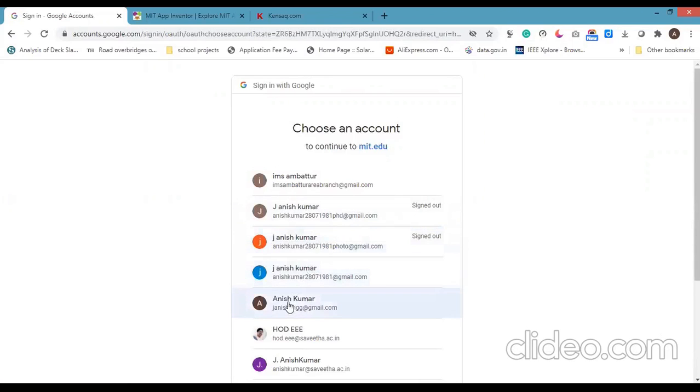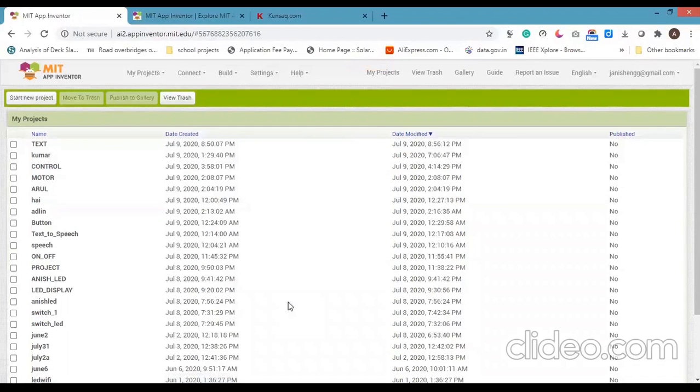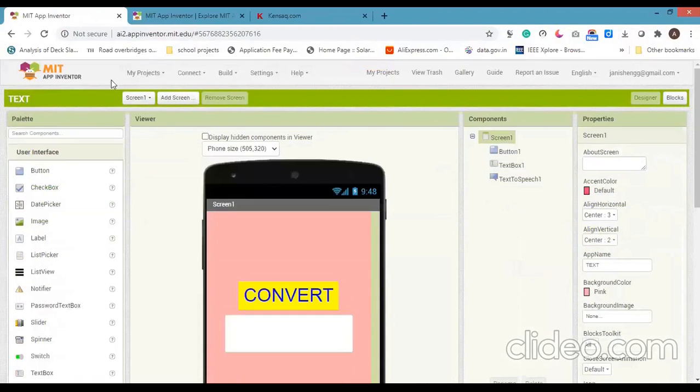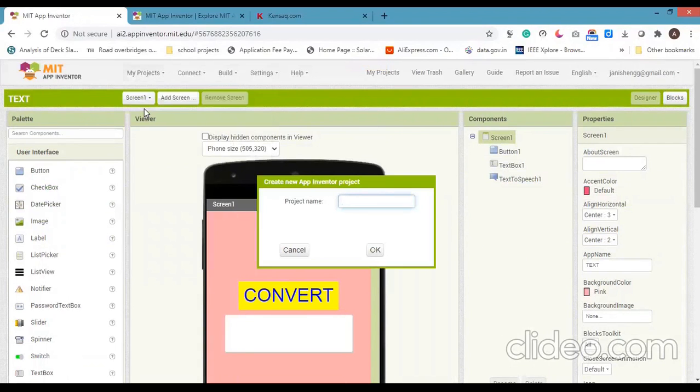Give your Gmail ID. Go to My Projects. Start a new project. Give it the project name. Click OK.